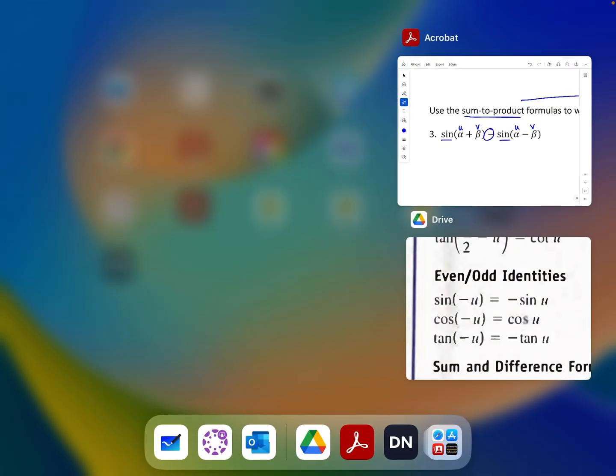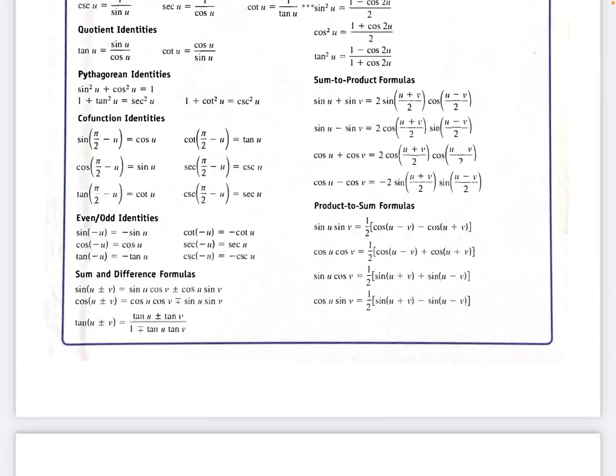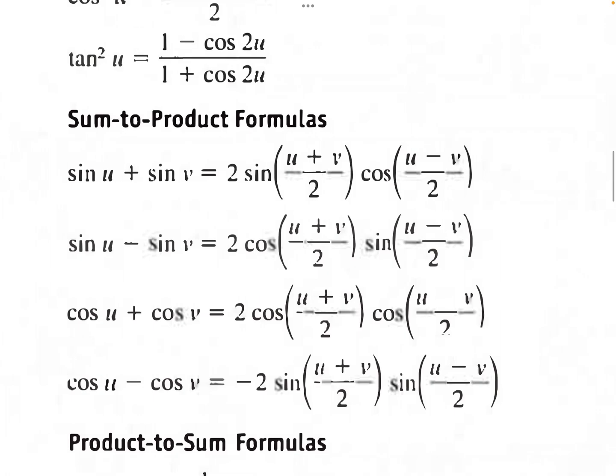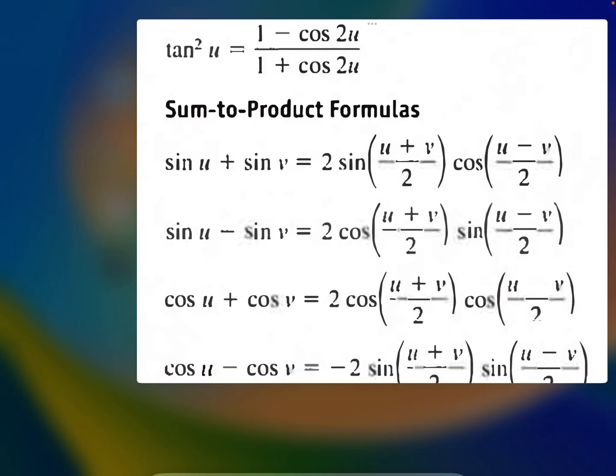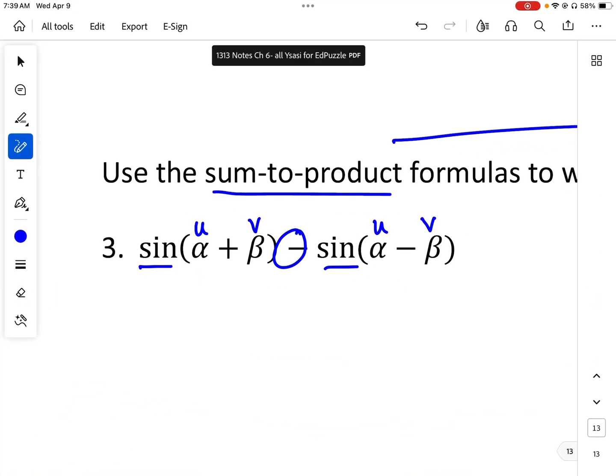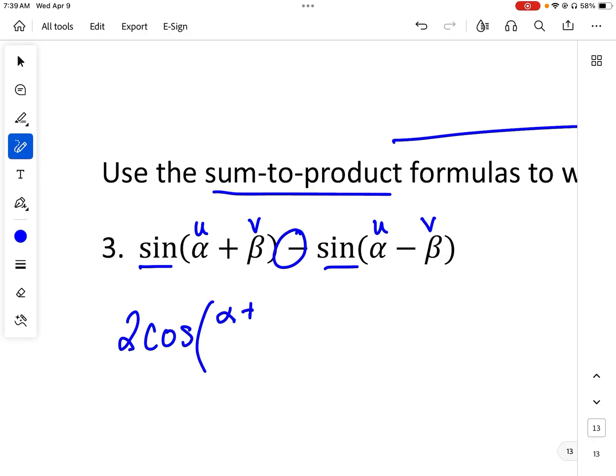So I need to look at my sum to product formulas. Right here. So sine, and then I have a subtraction. So it's the second one. It's going to be 2 cosine u plus v over 2 and sine u minus v over 2. So 2 cosine